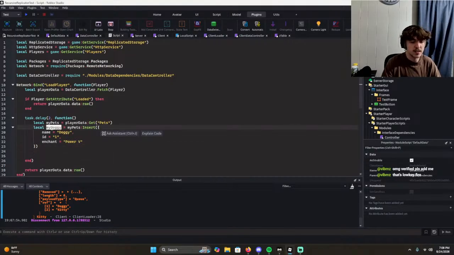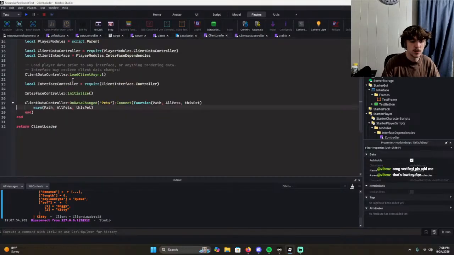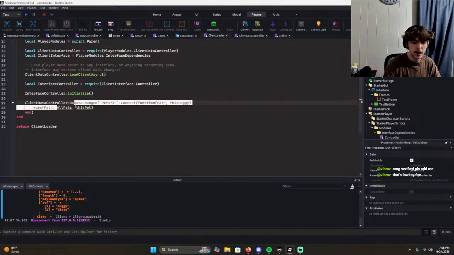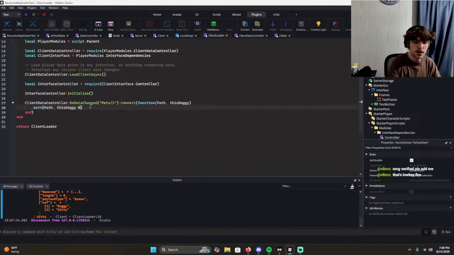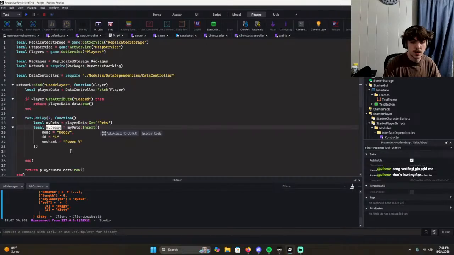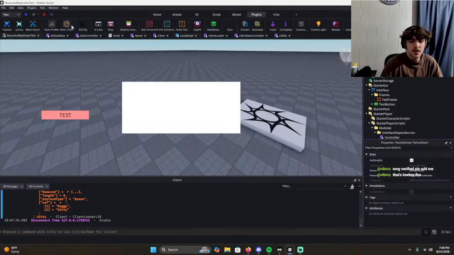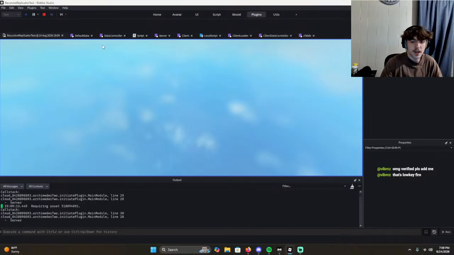And let's say we're expecting my doggy to get its name changed. So say pet /1. We'll warn out pets this doggy. We'll warn path, and then this doggy not name. And then after 1 second, we're gonna rename my doggy's name to King Doggy because he just evolved or something like that. I don't know, dude. Now if we go ahead and test out our packet,